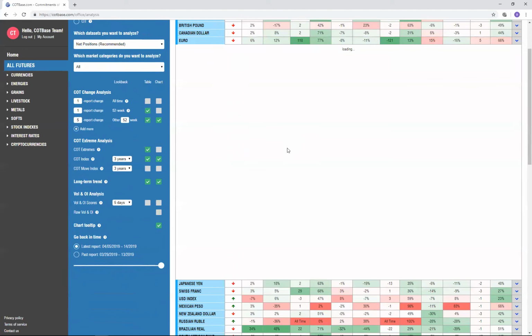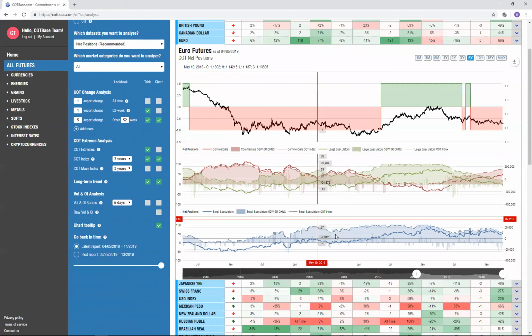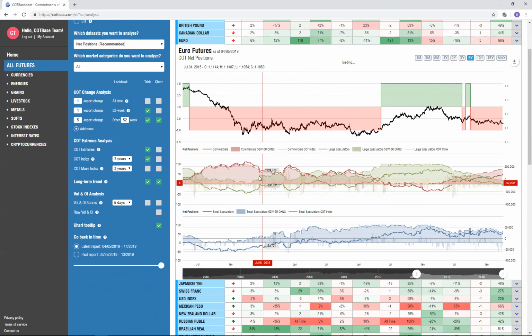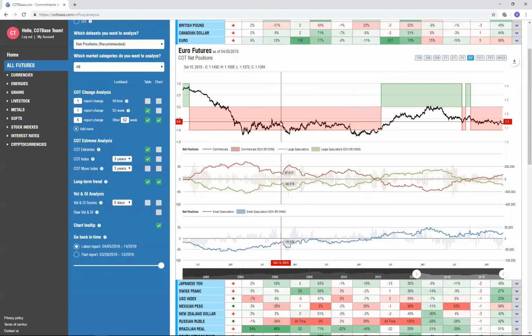So we're going to open the euro this time, and here we go. Let's take off the COT index, just so everything becomes more visible. You want to focus your attention, your eyes over here, because what we're doing is basically visually, graphically showing you the long-term trend signal. This is something actually we want to change in the upcoming few weeks. It's not that important, but I think it's just going to be nicer if you have the whole section